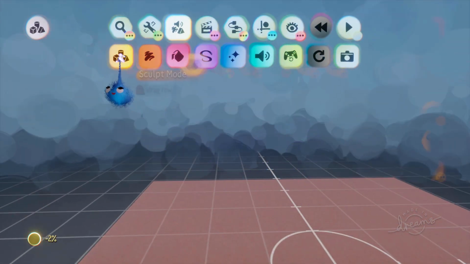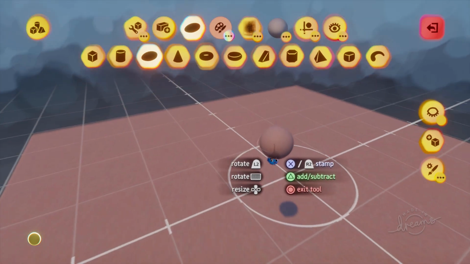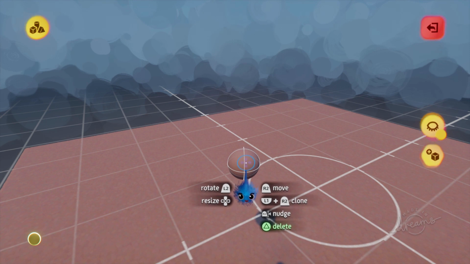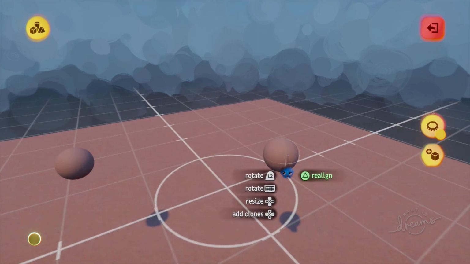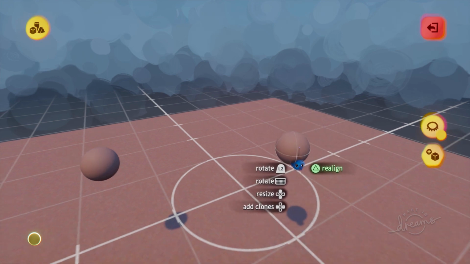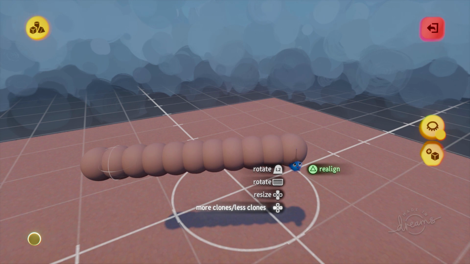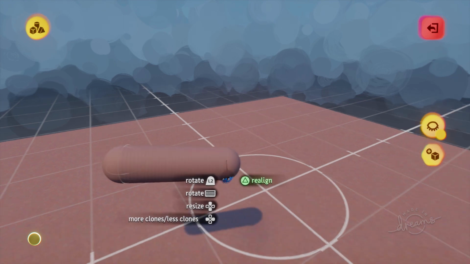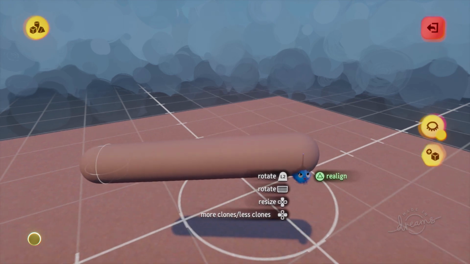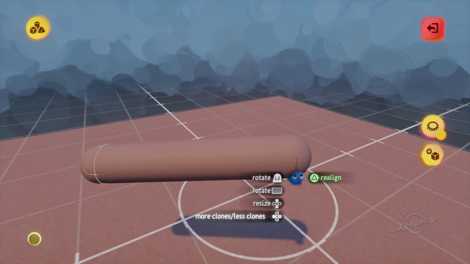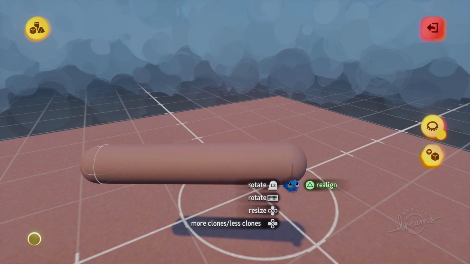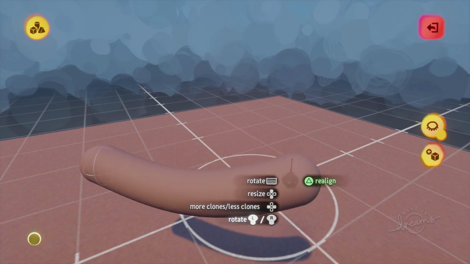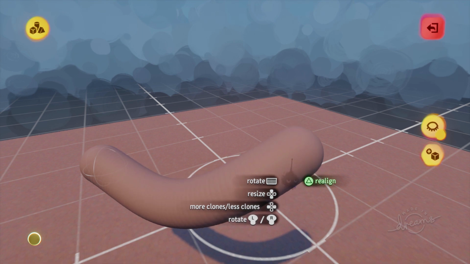The other method is to take your object, plonk it down, L1, R2, hold R2, have it in your hand, then press left on the D-pad and create loads of clones. So the idea here is to create as many clones until you can't really see all those little separate objects. That'll do. And if I hold L2 and then still holding R2, so L2 and R2, and then push up